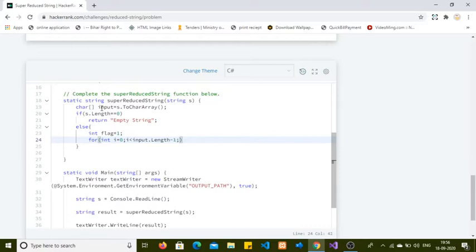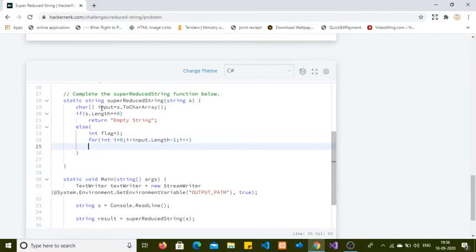So I'm also reducing by 1 so that we can check the next index, otherwise it will throw an array index out of bounds exception. Okay,